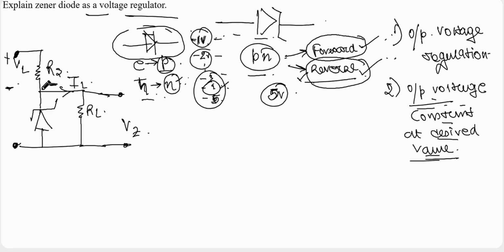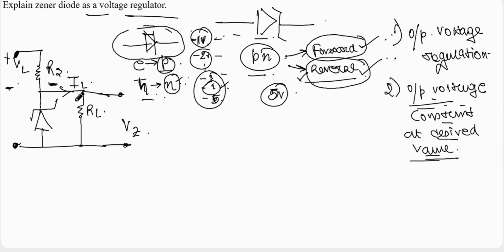So this R is the source resistance. It is connected to the positive terminal of the DC. And it works in such a way that the reverse biased diode can also work in the breakdown condition. Okay. And we need to know that this zener diode, as I have said earlier, has a particular breakdown